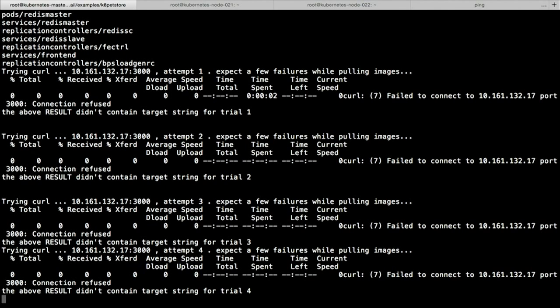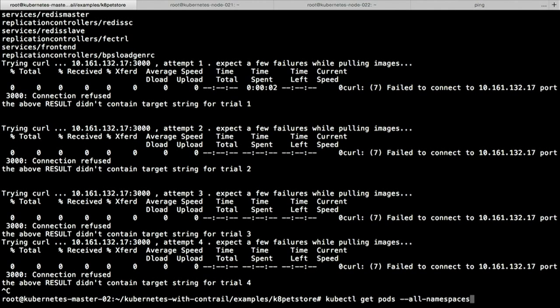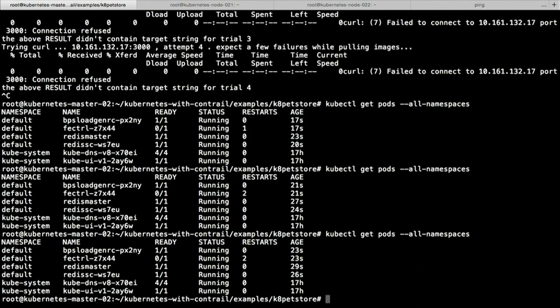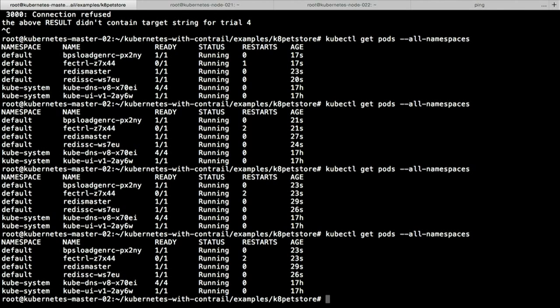Let's see if our pod's running. Right, so I'm still waiting for the front-end controller to come up. It's restarted twice. So, yeah, I didn't make the sacrifice. My demo's not going to work. But great, if you took a snap of the QR code at the start, I have actually recorded the demo. So if you guys want to watch it offline, I don't want to take too much time up here trying to rerun the demo.